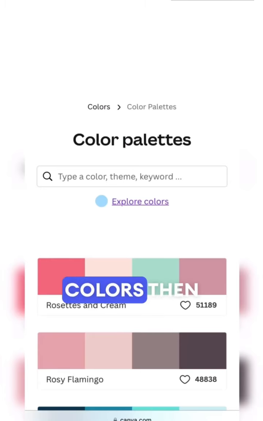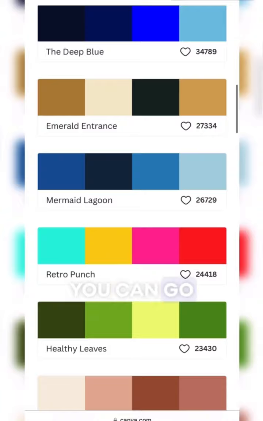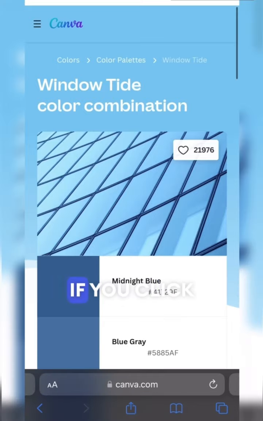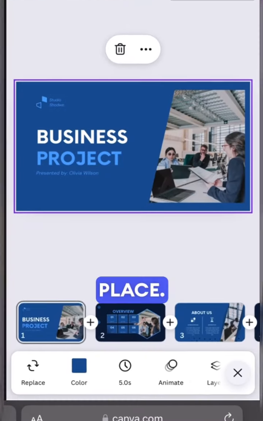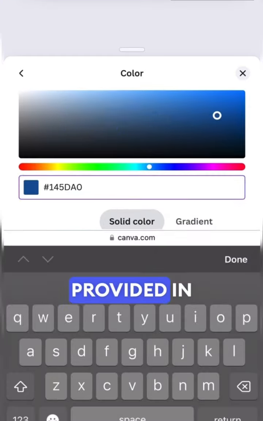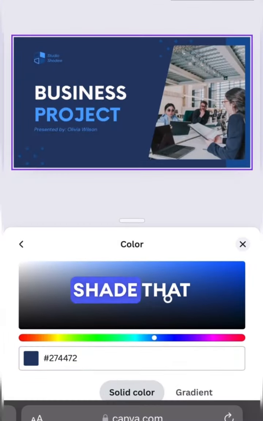Go to Canva Colors, which is a separate site. It is completely free to access. You can go there and choose the color palette you want. Let's say for example I like this one. If you click on the color, you will get a color code. You can easily copy it from here, come to your PowerPoint, and paste it in the color code space provided in colors over there, and that's where you would be able to use the exact shade that was there on